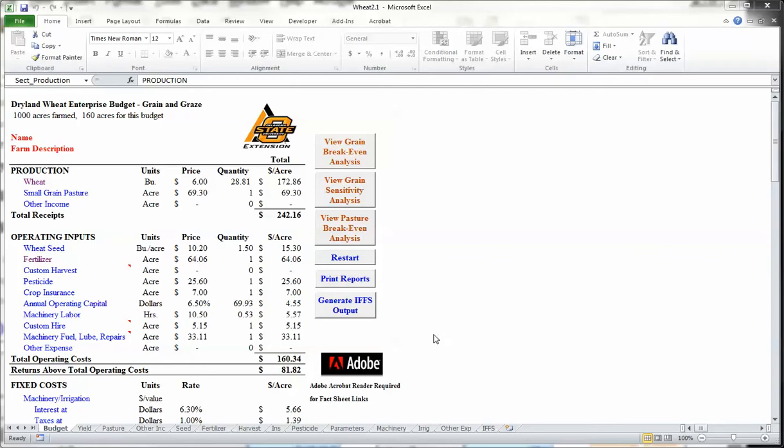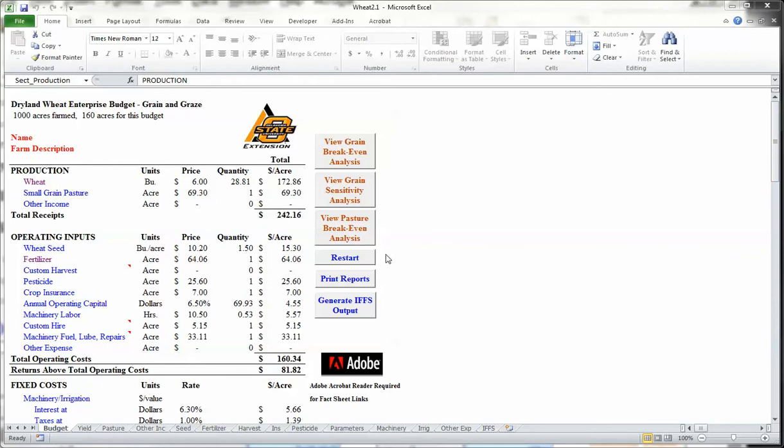Let's take a look at the command button items that are shown on the right hand side of the budget summary. You'll notice very quickly that these are in different colors. The text is in different colors here, and these were designed based on different purposes and intent within the program. These items that are in orange are informational links that allow you, the user, to make some better informed decisions. Those items that are in blue require a series of decisions that you will need to make if you decide